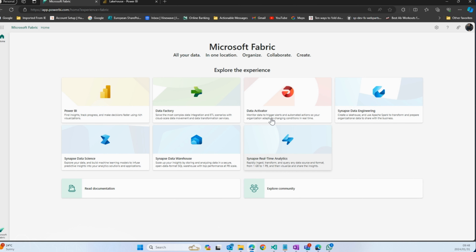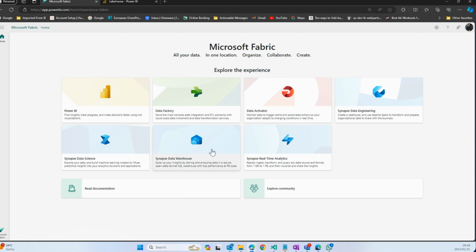And then you've got some other special components like real-time analytics and Data Activator. The real-time analytics is taking in your data at runtime and transforming it for you. And then Data Activator is kicking off actions in real time by looking at the data and looking for any types of anomalies.